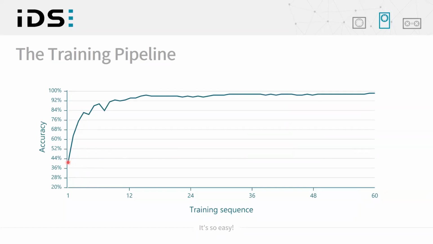We start usually with a quite poor accuracy of the neural network, but it increases as the training progresses, and ideally we'll end up with a nice saturation, a nice convergence at a high accuracy. So what you can see down here is that the model performs a training for 60 epochs. That means basically that each training image is seen by the neural network 60 times.